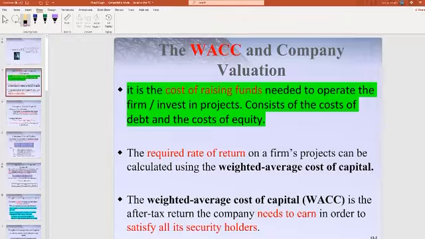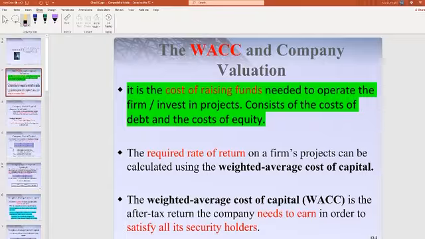When we invest in a project, we need money, right? So we need to raise money to finance our activities, to finance our new projects. Now when we raise money, we raise it from different sources, not just one source. One source of money is to take a loan. Another source is to issue bonds. Another source is to issue shares. So now we have many sources for funds, and the cost of raising money from different sources, we call it